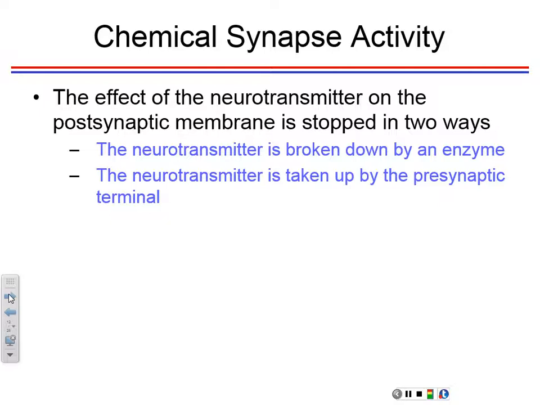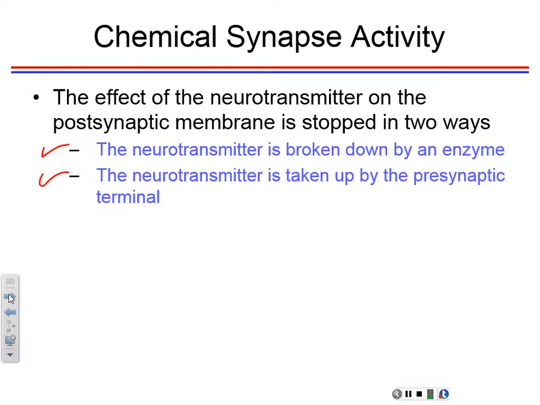So you cannot modulate it like that if they were touching, because once it happens, because they're already touching, it goes. But here you can kill the messenger, or you can take it back. You can give them a cell phone call and say, hey, come back, man, I didn't mean it. You know what I'm saying? So that allows you to do that. Because sometimes I'll say, okay, what are the two ways that you can regulate the synapse? How can you stop the neurotransmitter? What are the two ways that you can stop the neurotransmitter at the synapse? Then you talk about that. You talk about reuptake. You talk about breaking down. All right?